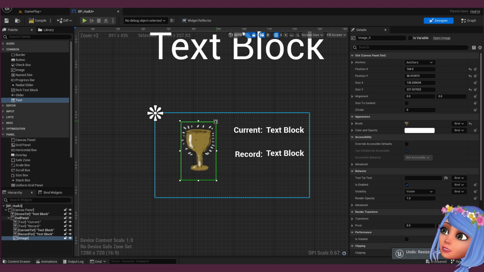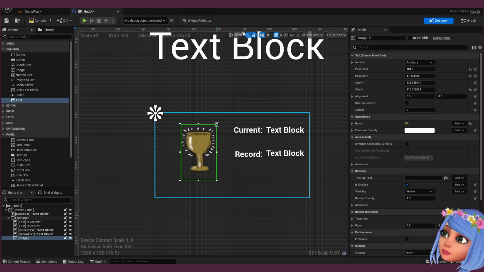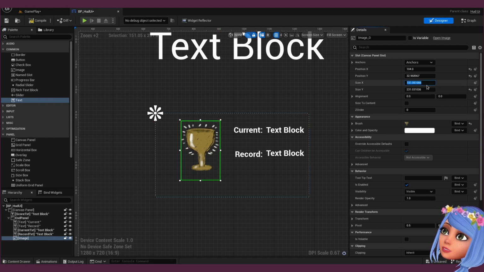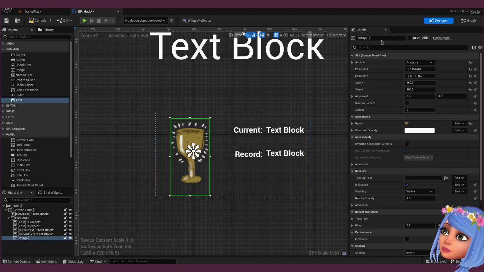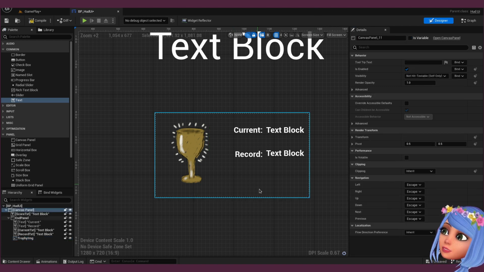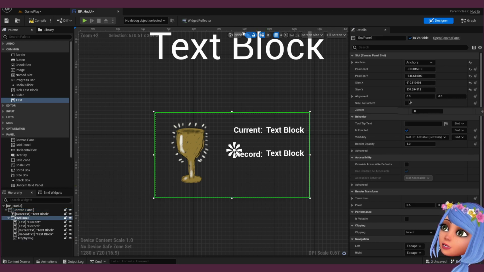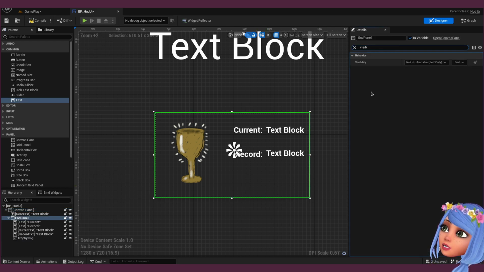Can I scale this thing with constraining the, I don't know, like it's 150 by 300, and we will call it the trophy image. Okay, now we make this thing invisible,